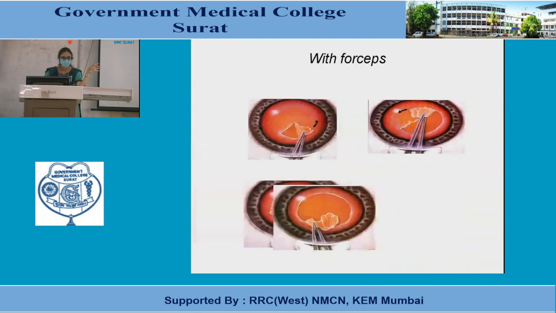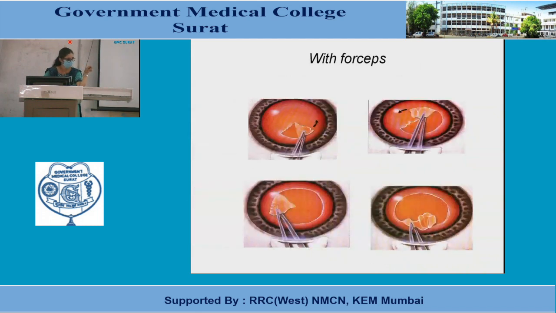So when you are doing it with the forceps, you are basically holding whatever the cut and elevated flap of the capsule with the forceps and trying to make a circumferential opening, keeping the force towards center with the help of the forceps. These forceps are called the Utrata's forceps. Right, so this is important, the use of needle, 26 gauge needle or the forceps, and how it is used in case of making a capsulorhexis.